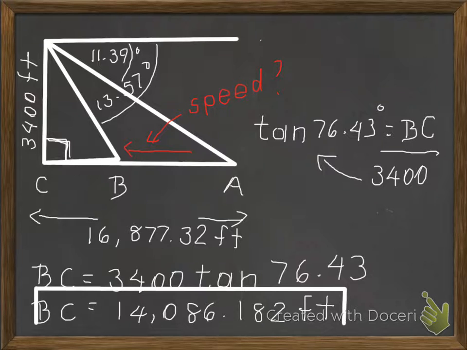So we found this distance right here. This distance is 14,086.182 feet. Okay, and we know that this whole distance, AC, is 16,877.32 feet. So now we have what we need to find AB, where our goal was to get the distance the fire traveled and use the time of 3 minutes in order to find the speed using the distance equals speed times time formula. So in order to find AB, we're going to subtract the smaller distance,